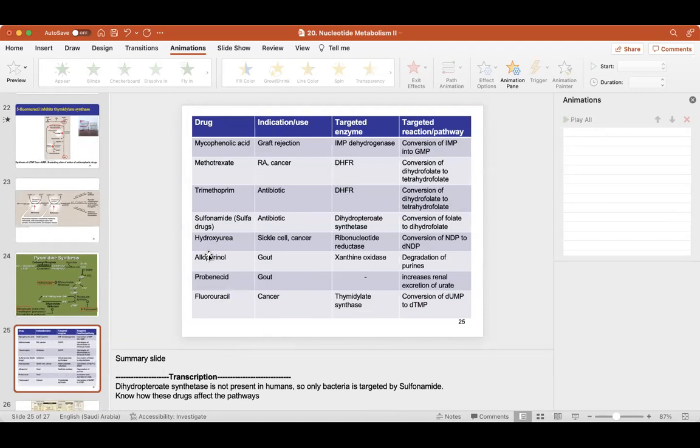And then this is the final summary slide. Also know the action of sulfonamides, but remember that sulfonamides do not have any action in human cells. They only affect bacterial cells. That is it. This is basically a summary from everything that we took in the last lecture and this lecture, all the drugs. And that concludes